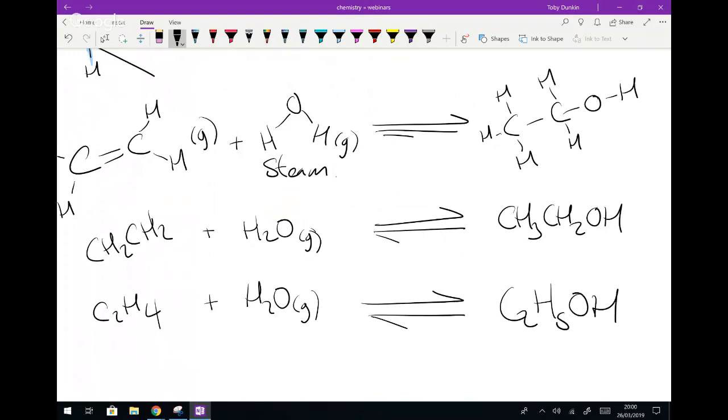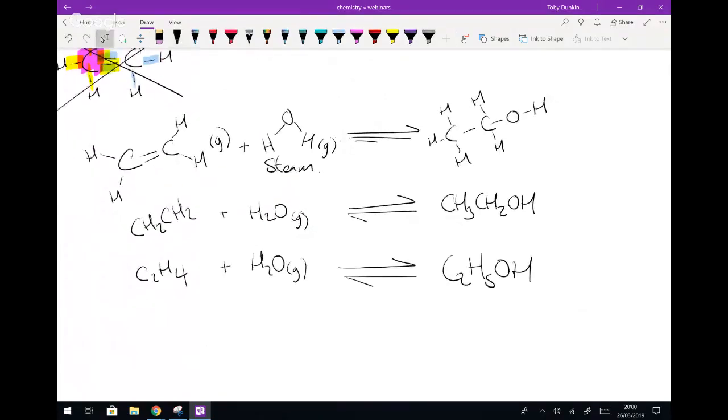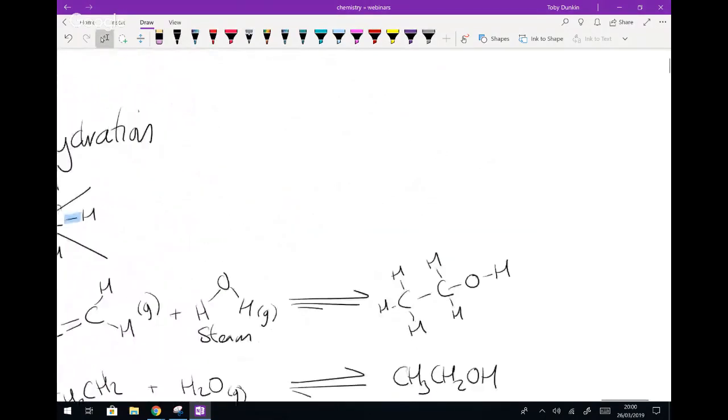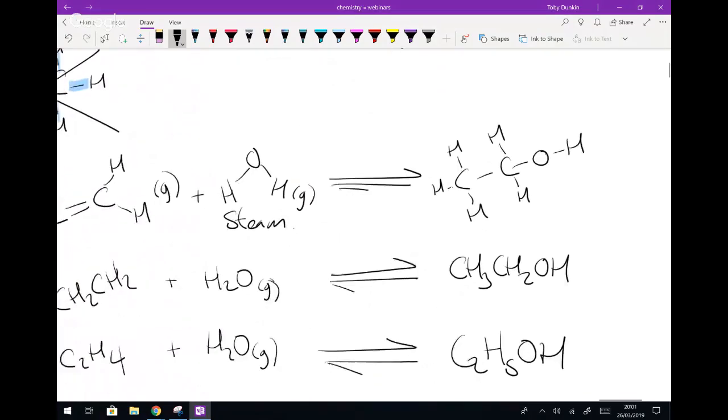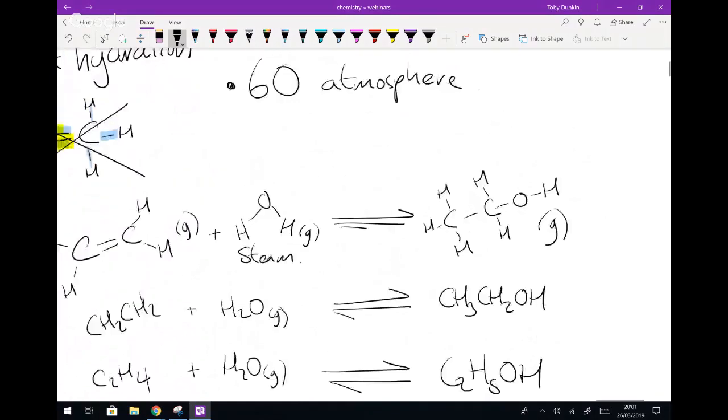That's what they're going to do. So all of these are the same, and we now need to give very, very specific conditions. So this is done at 60 atmospheres. Now that requires explanation, because if I now say to you guys, and they're going to do this, you can guarantee it,